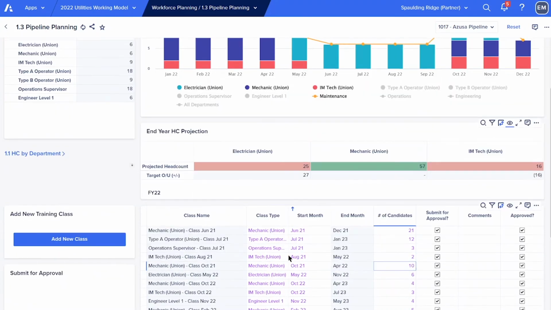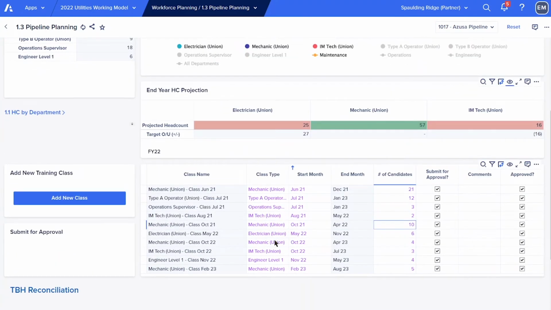All right, so they'll continue to make classes, planning for upcoming classes, planning for upcoming years until they get their organization planned to be the right shape. And so now there are some other departments and other stakeholders here that can come to a page like this and take from it.